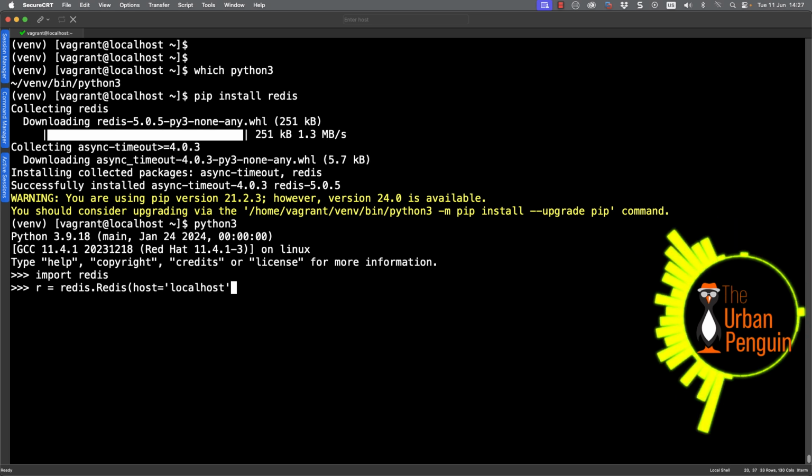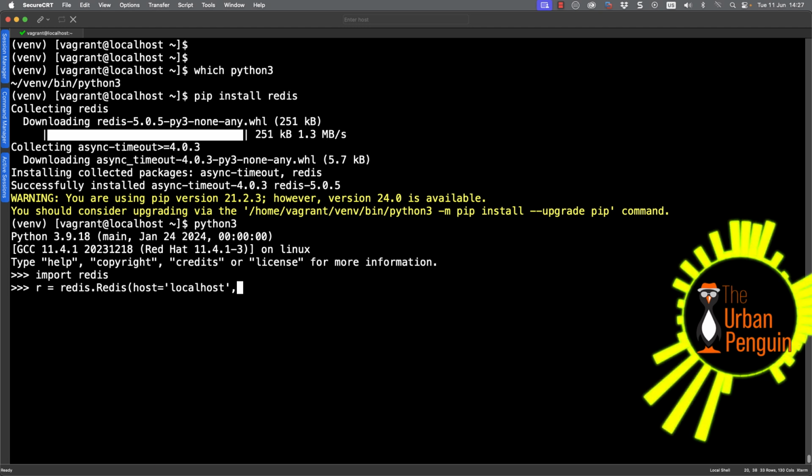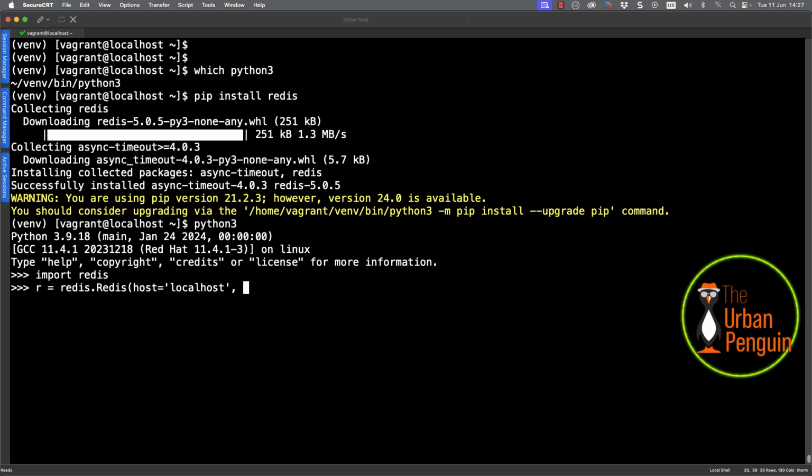So we need our host, so the Redis host to connect to. So for me, it's going to be localhost. The port, so we're going to put this to be 6379. And then we're going to set our database to be the default database of 0.